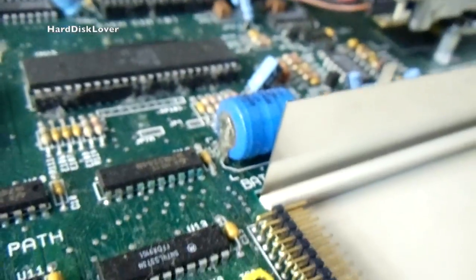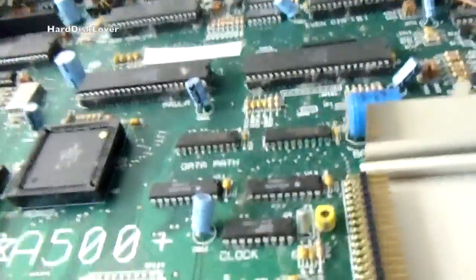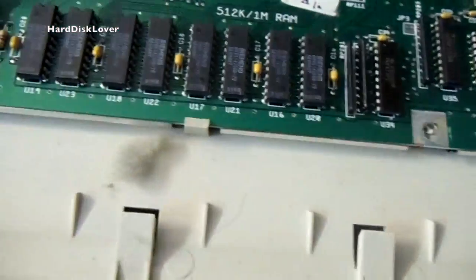But chances are that it looks worse on the other side, which I don't hope. But yeah, otherwise it's really very nice. There we can see